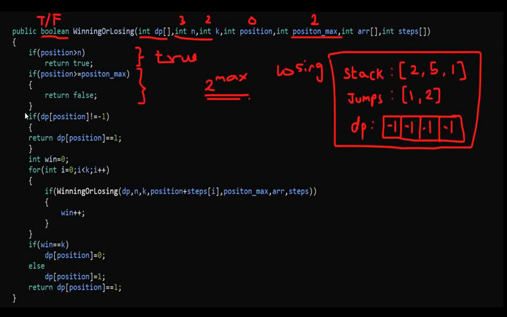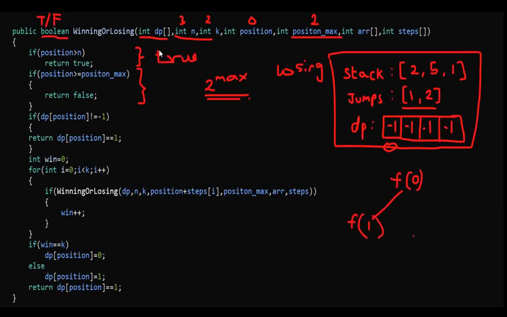So if we have memoized the result, then DP position will be set as 0 or 1. Over here, it is -1 for the 0th index, so we ignore this step for now. Okay, so now we start a loop from 0 to k. We'll explore all the possible jumps that we can make. Okay, so we start this loop, and firstly i is 0. So now we again call this function with position plus step size. So firstly we started with f of 0. Now f of 0 is making a call to f of 0 plus steps of 0, which is 1. So it's making a call to f of 1.